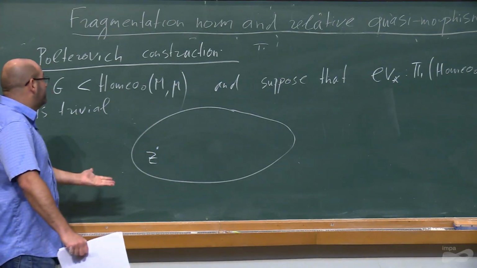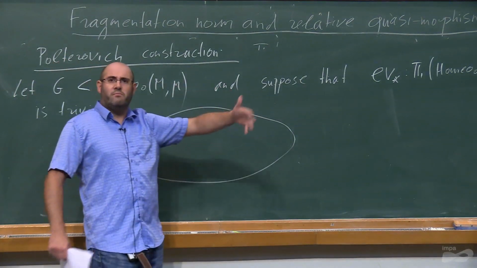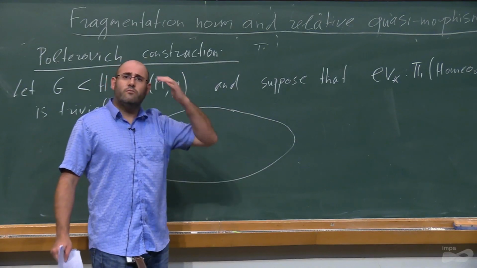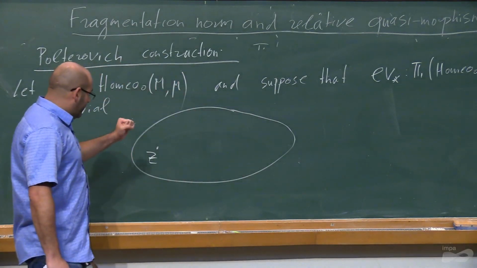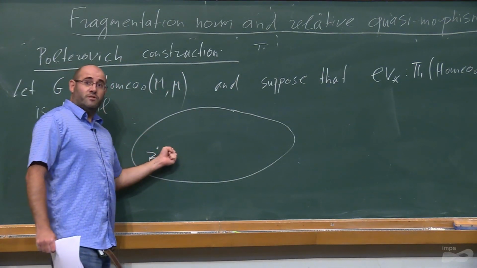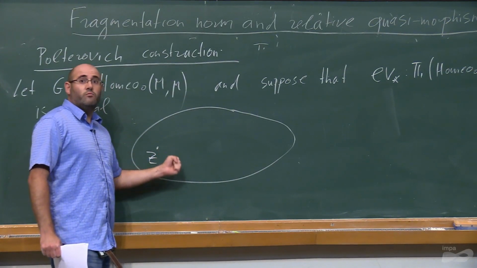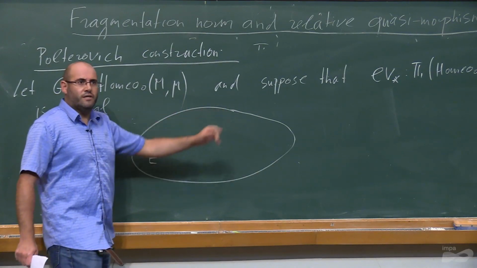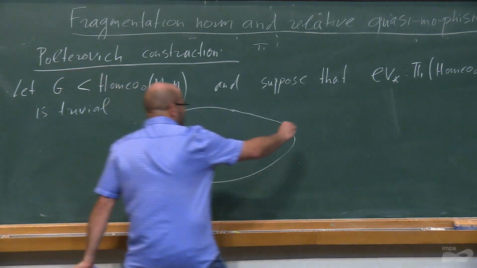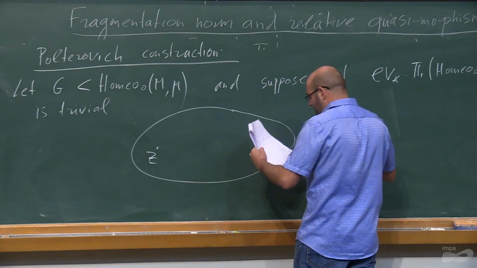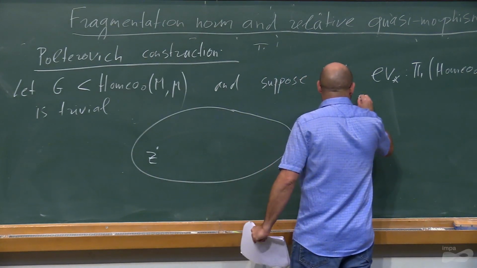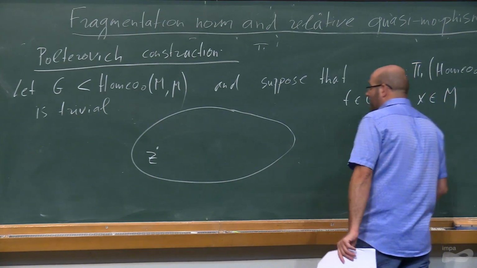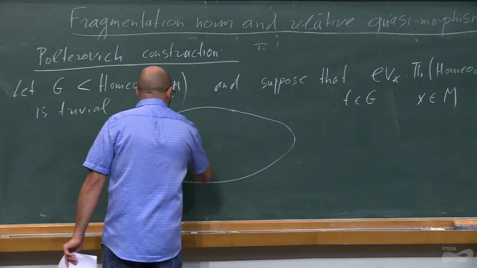And then there is some quasimorphism, because in the theorem, remember that we have some essential quasimorphism on pi_1, which I will call phi, and then I will take the value of this quasimorphism on this loop, and then I will integrate over all points. I said it very fast. Now I will just write this down. So this is my data. So let me take f in G and some point x in M. So this is x. And then